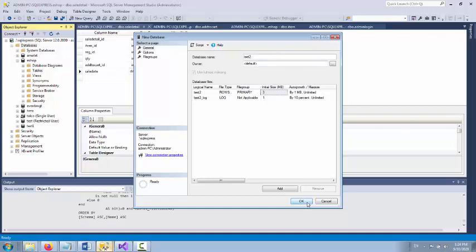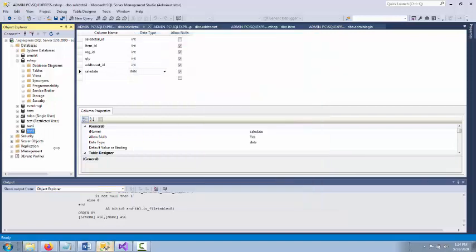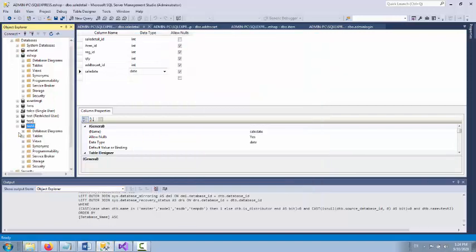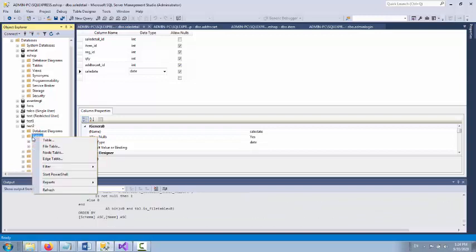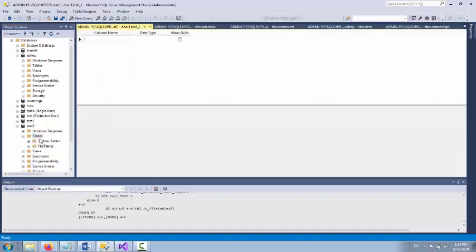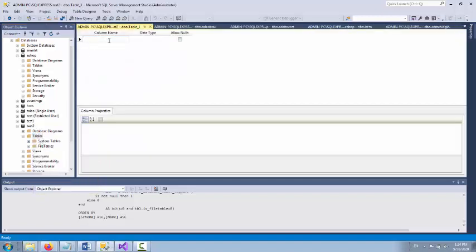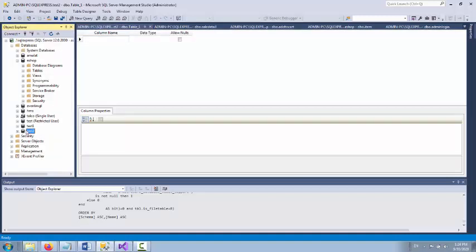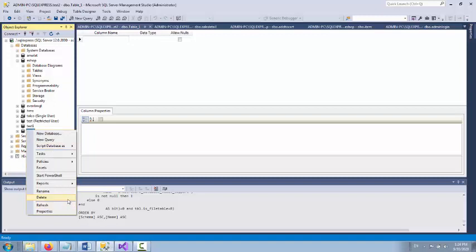Click on OK. So one new database is created. In this database, right click on tables and then click on table. Here you can give the column name and data type. Then you can click on save, which means the table is going to be saved. So by using this you can create your database.